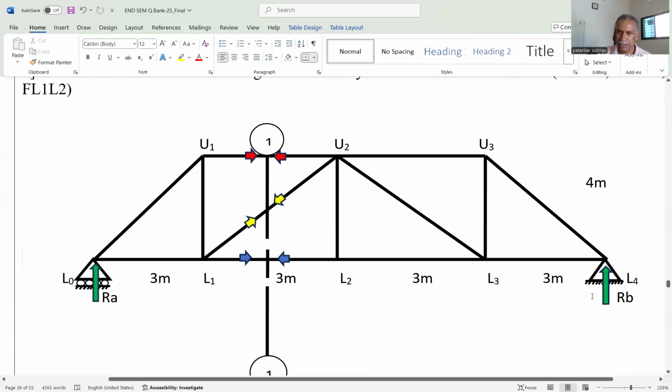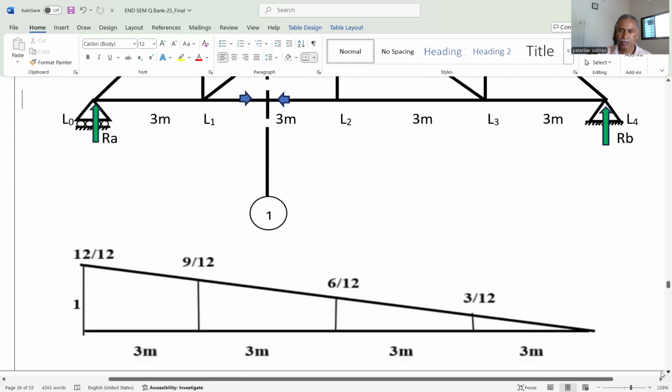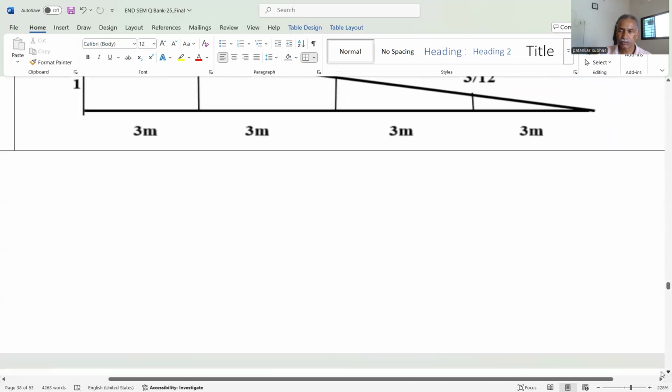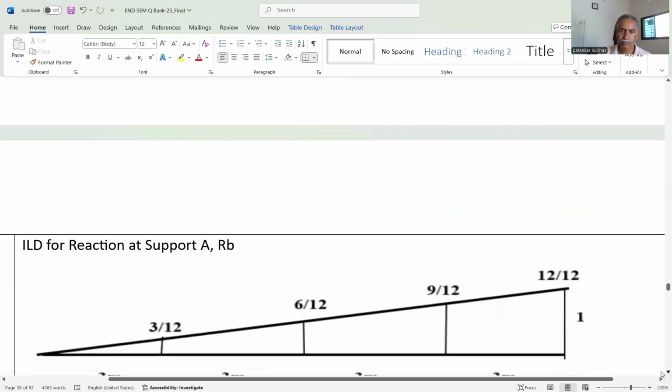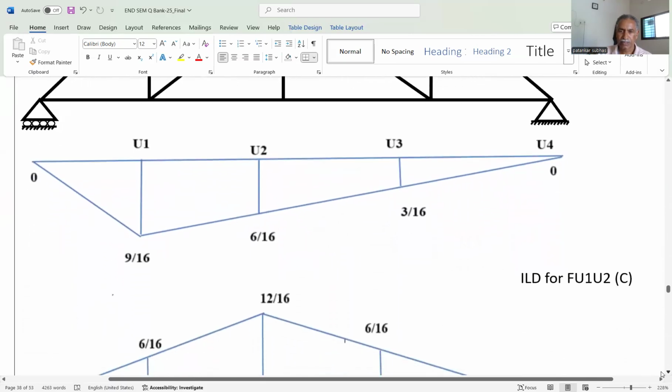RB multiplied by 9, and this U1, U2 multiplied by 4, in the opposite direction or same direction, same direction. It will move in this direction. This RB also moves in the same direction. So we get the force in the member U1, U2 is equal to minus, because both will be plus, is equal to 0, and that's why we get